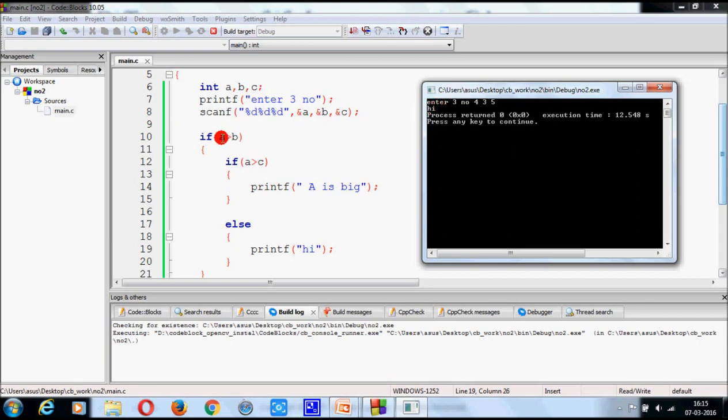That means this condition becomes true, but this condition becomes false. So the cursor directly goes here and you get high.